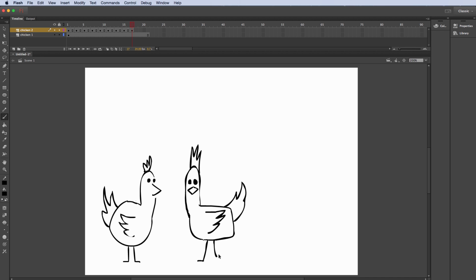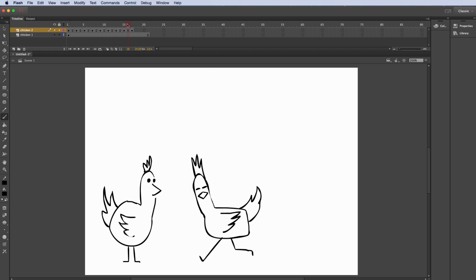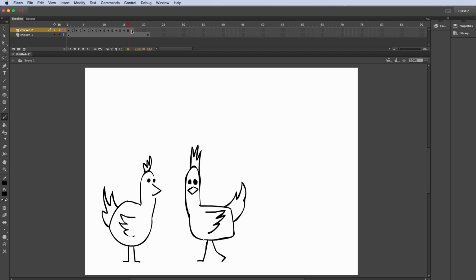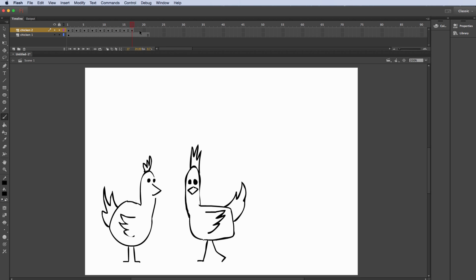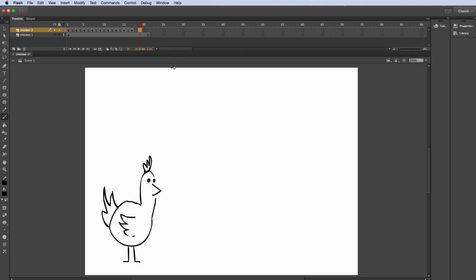This foot right here can kind of come back into a more relaxed pose. Okay, and then we'll slow into the last pose here. I'll press F6.